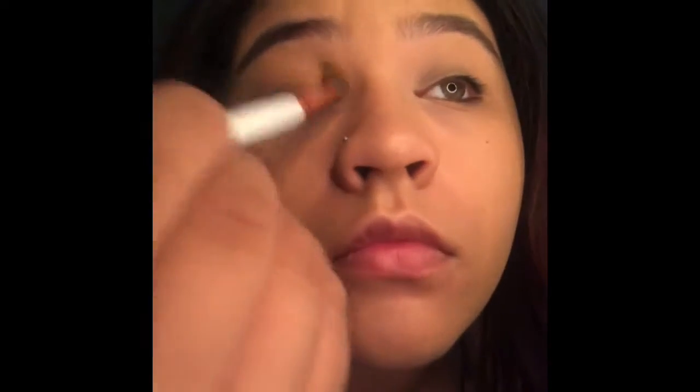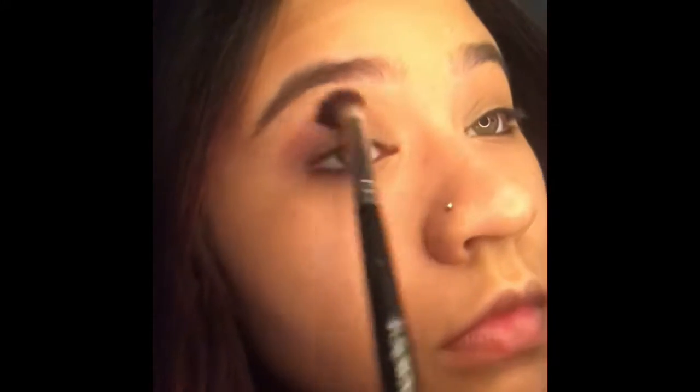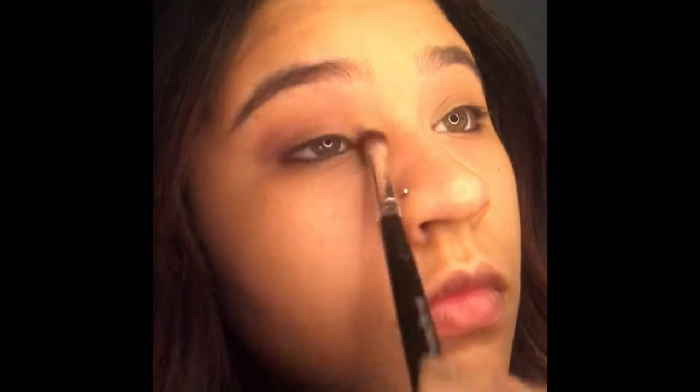So after a lot of blending out and putting things where I really wanted them to go, I went in with this Maybelline concealer, and I always use it for my eyeshadows. And then I blended it out again with a Real Techniques beauty blender. After that, I applied a more neutral shade shadow just to really set it. And then I'm going in with my Bebella